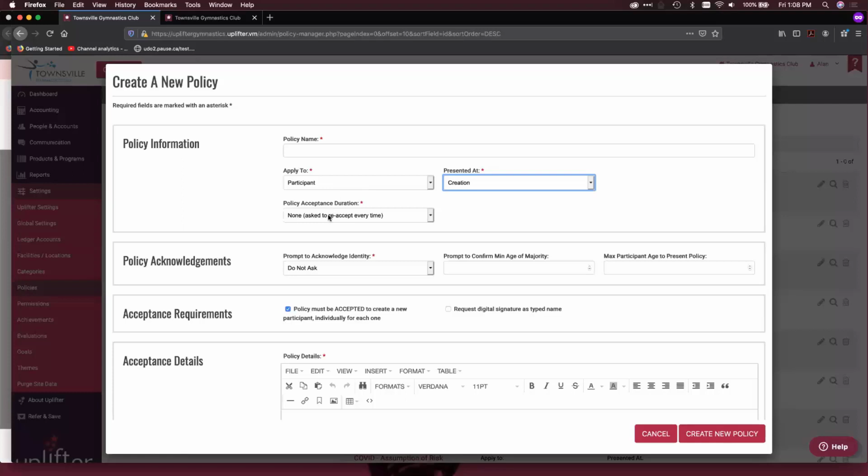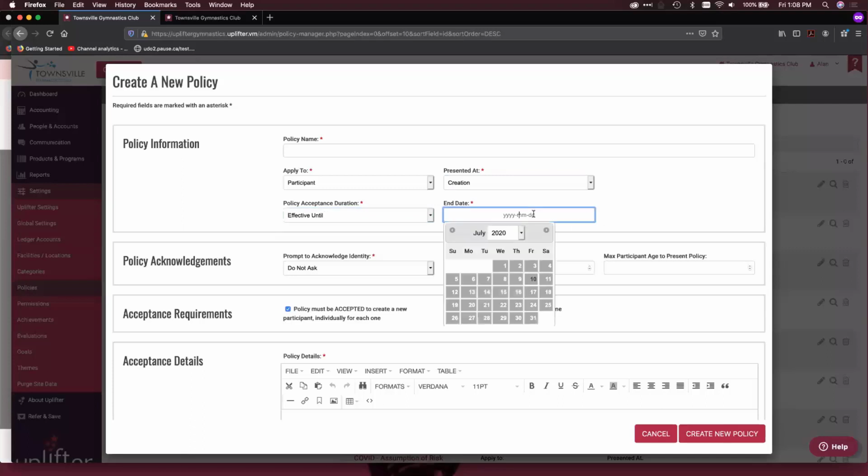The other thing you can now do is actually define the policy acceptance duration. So as I mentioned previously, all of our policies were invoice policies that had no duration. So every time they checked out, they would be represented with this policy. But now you can actually define how long the policy is effective until. So this would be great if you have some policies that span basically the entirety of your season. You only want your members to, let's say, accept a policy with respect to photos and a photo release or a media waiver once every season.